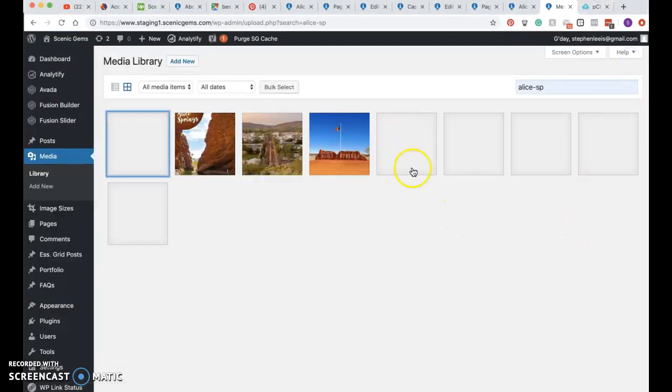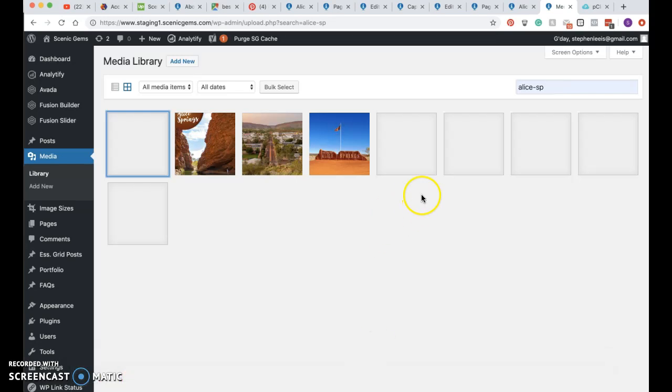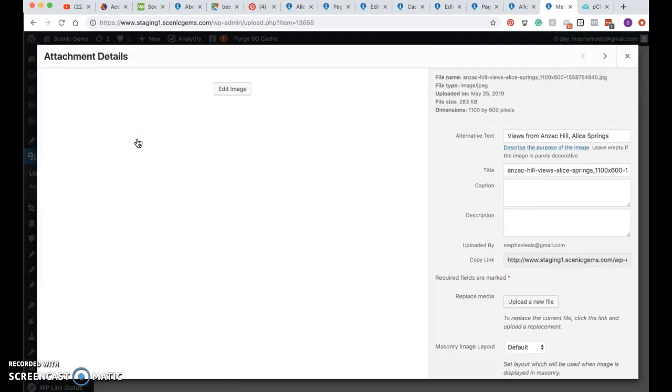So I basically grabbed one of these thumbnails, found the image via FTP, downloaded it, and then used Replace Media to redo the image. This is it here. So it was over here, but now I used the Replace Media, but it's still not showing the image. You can see here now that the link,